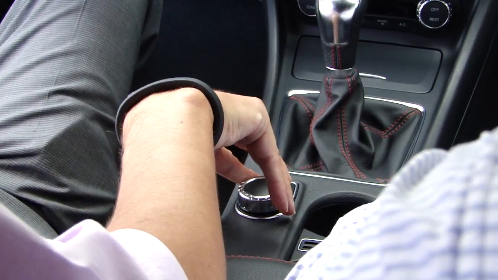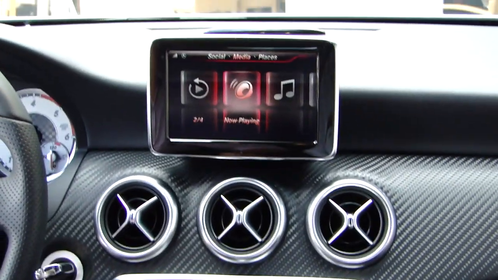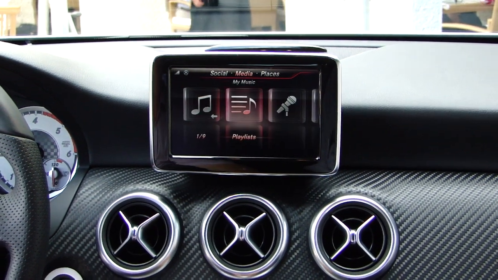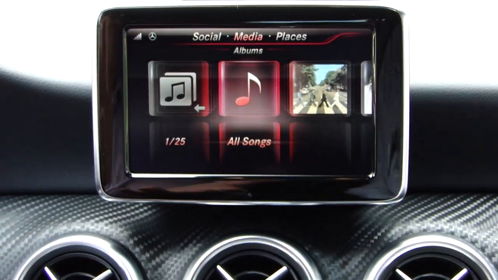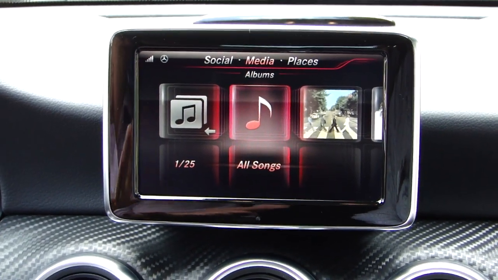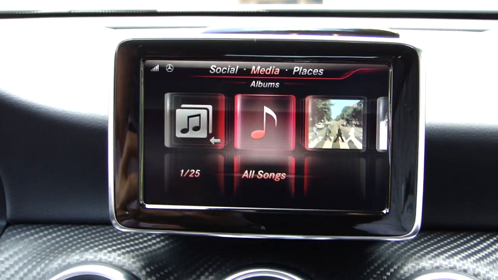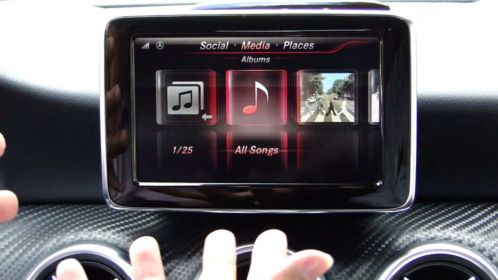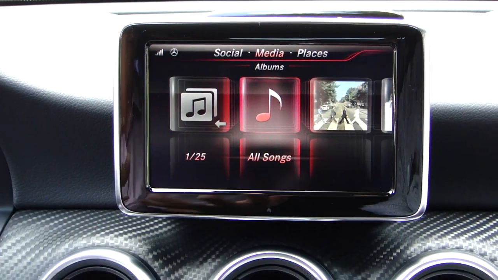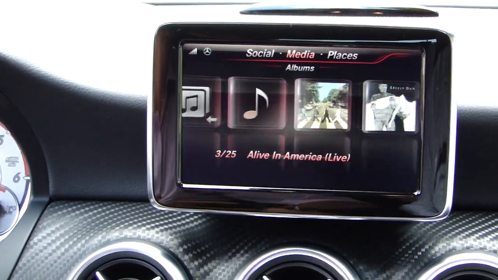And additionally, you have, of course, access to your whole music library on the device. We can go into My Music, and we can go, for example, into albums. And what's also special is basically, since we are the only OEM which really have implemented this solution in a way that we have a digital video interface between the iPhone and the screen here in the car, we can really implement a rich user interface with great animations and transitions, and depending on the speed, for example, of the rotation here of this knob, you see these albums,